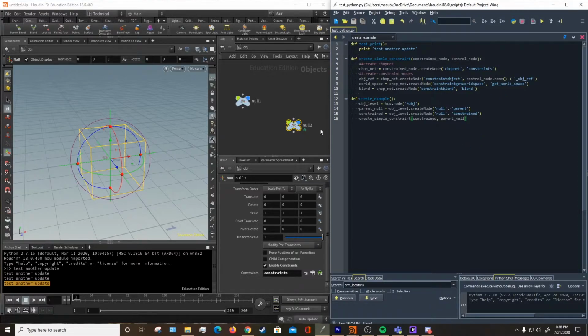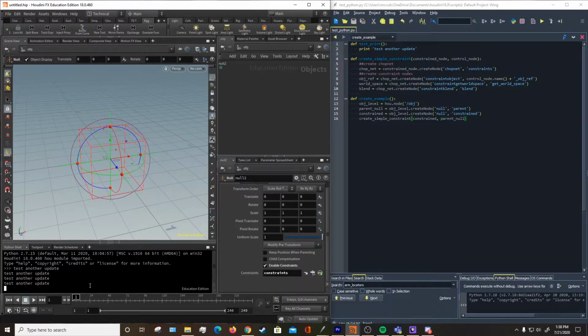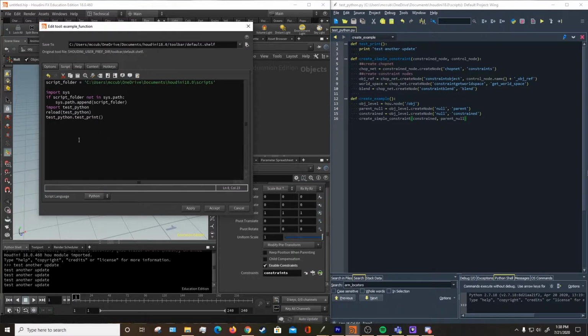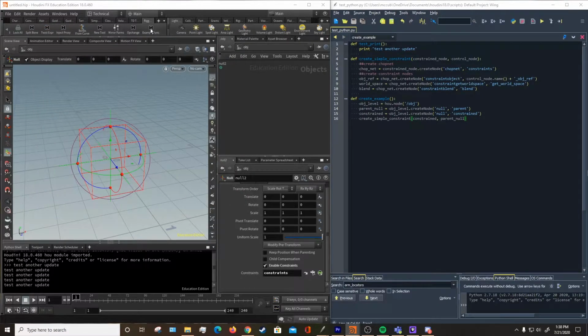Now if we save this and we run our tool from earlier, it might give us some errors, and that's where you'll want to pay attention down here in your Python shell. Or hopefully, if we've written everything correctly, oops, so it just used our print because we're calling test print right now with this shelf tool. So let's change this to be our create example. Apply and accept, and now if we run this,